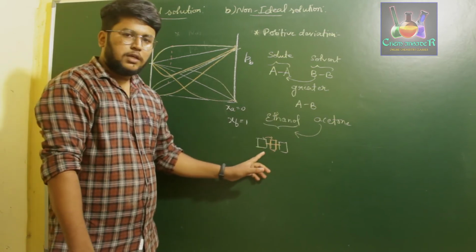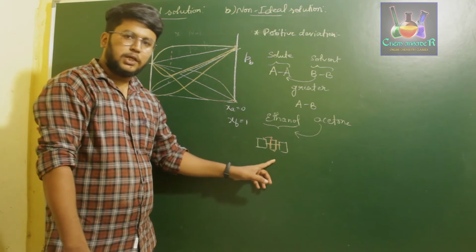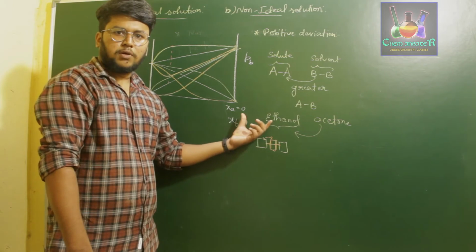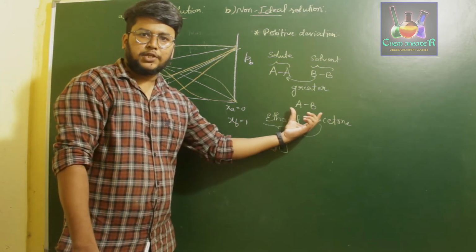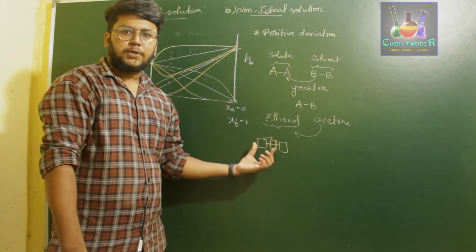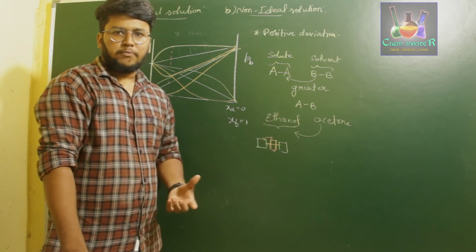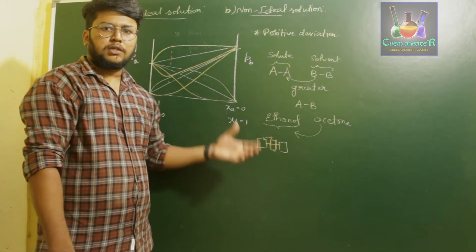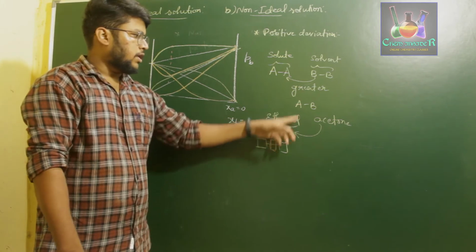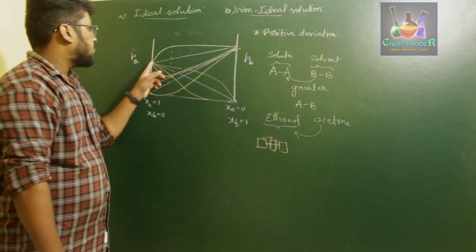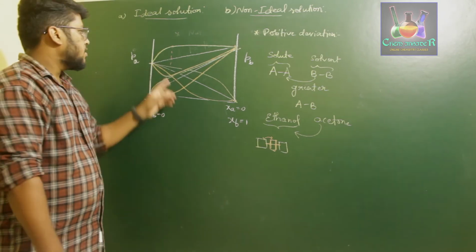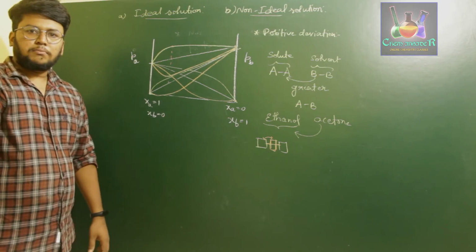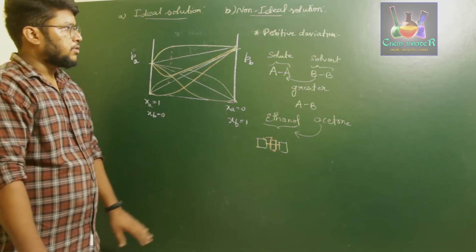Understood? Since the interaction of AA is broken down by B, both will now be converted to vapors. Since they are increasing the number of vapors, clearly they increase the vapor pressure, because partial pressure or vapor pressure depends upon the mole fractions of either solute or solvent. Therefore the amount of solute or solvent present in the vapor form is more when the interaction is weak. Therefore we observe a positive curve, a higher value of vapor pressure at a given mole fraction. So this is about the positive deviation.